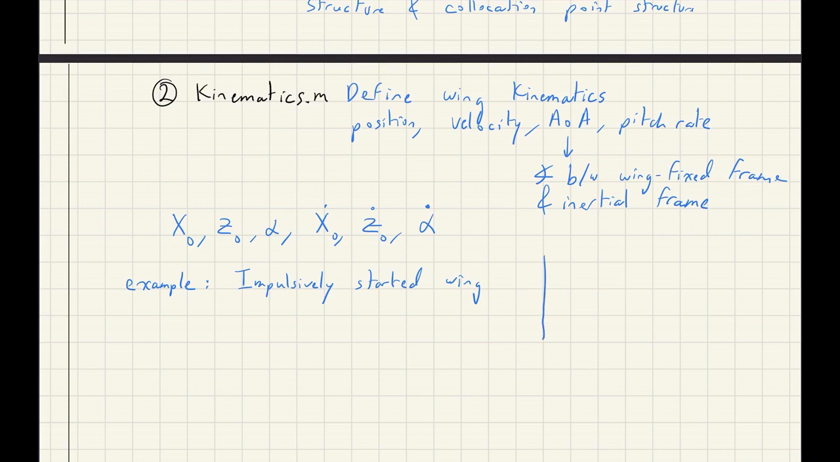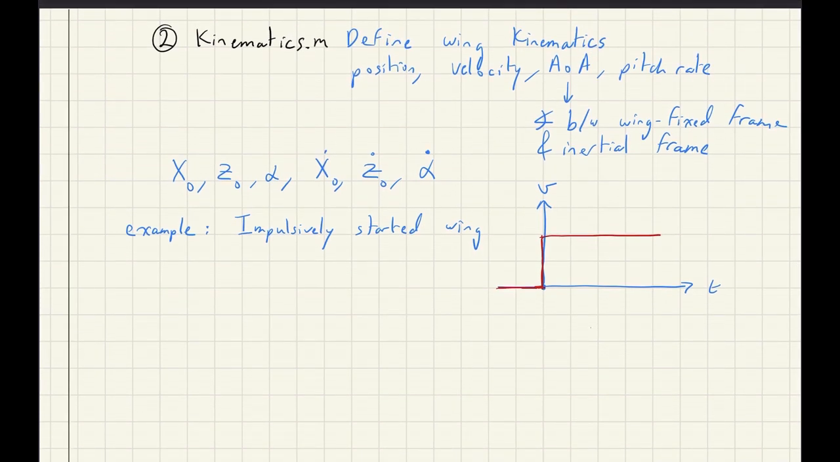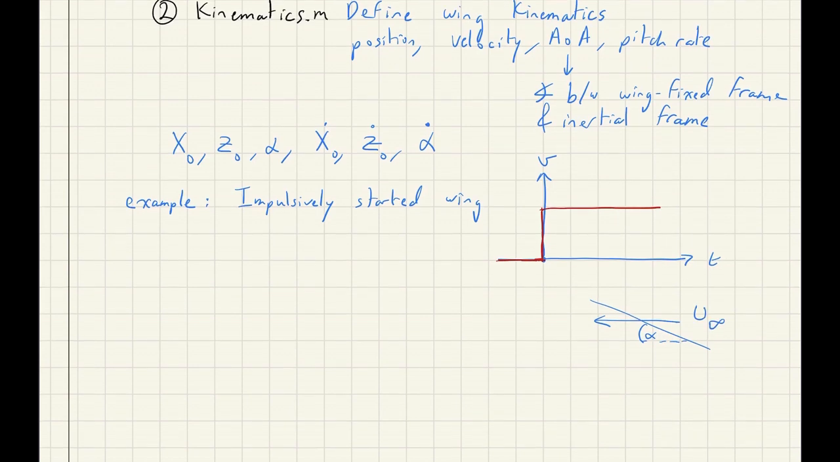So the velocity of this wing looks something like that, where this is v and this is time. For any time before 0, it's at rest, but as soon as you pass t equals 0, you hit a free stream velocity. So this is your wing. It's at a certain alpha angle of attack, and it's traveling at a constant velocity U infinity. In this case, since this is traveling at a constant velocity, X0 is minus U infinity t,